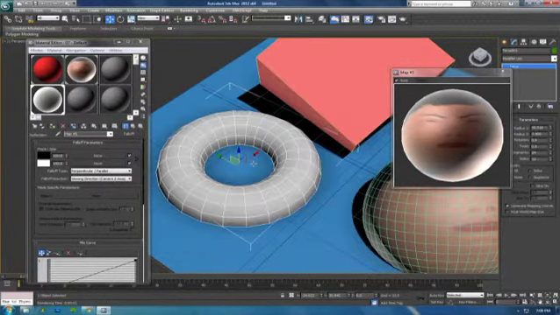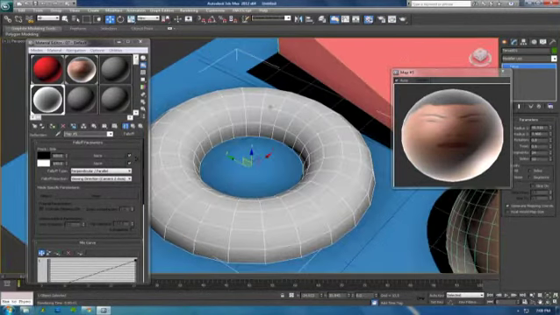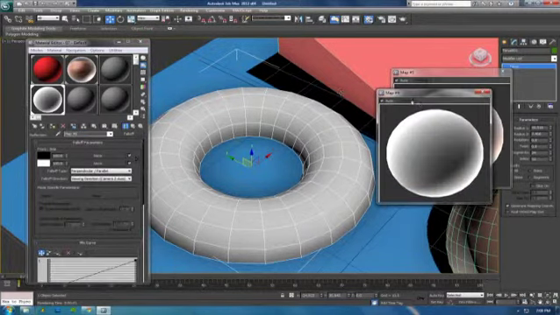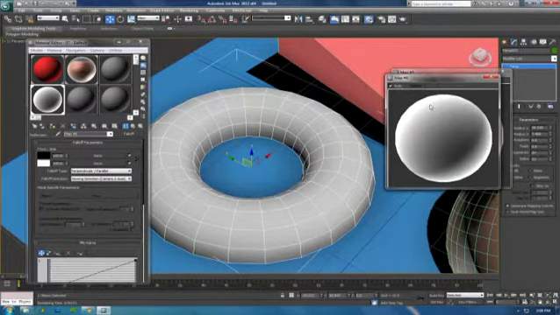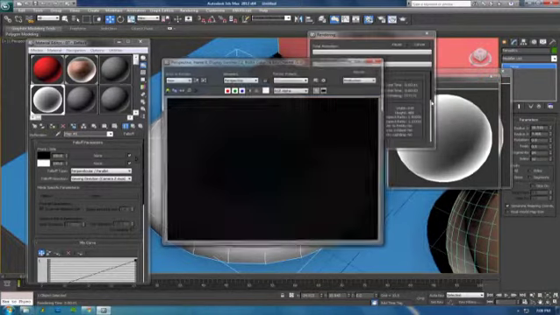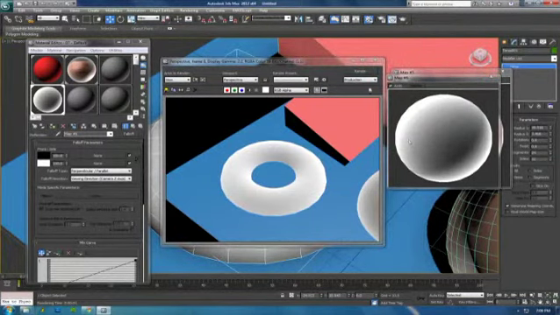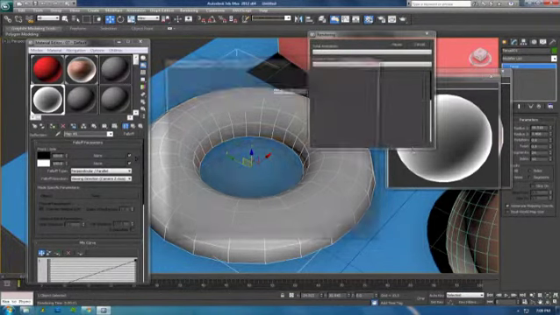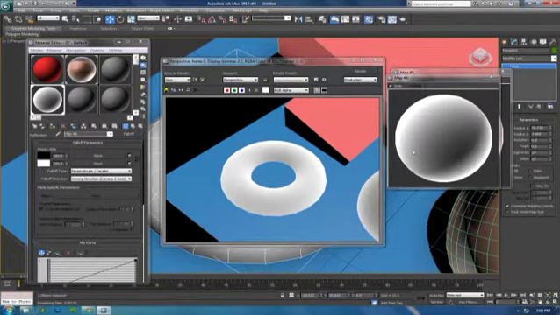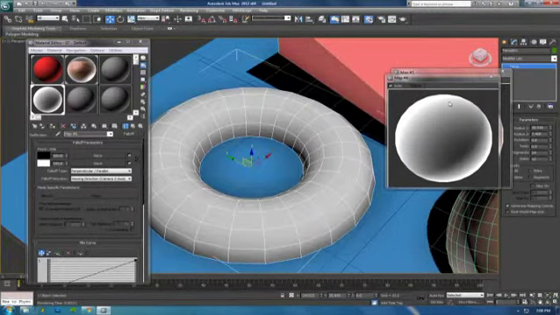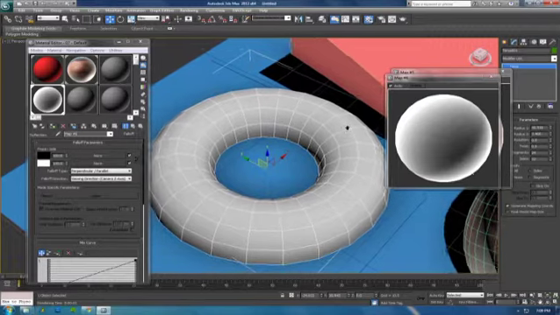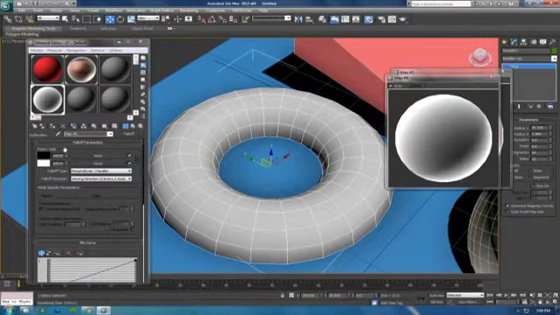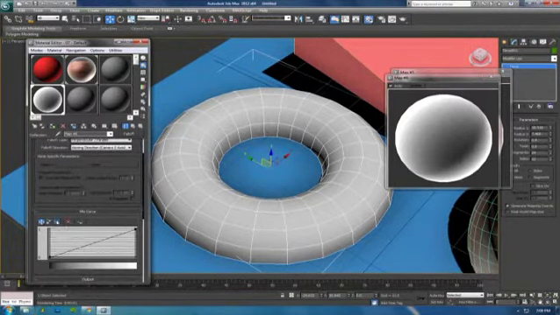Okay, so fall off means whatever is white is further away from the camera. I think whatever is white is further away from the camera, and whatever is black is closer to the camera. So what I do with fall off, I pinch it. So if I go down here and I pinch it,